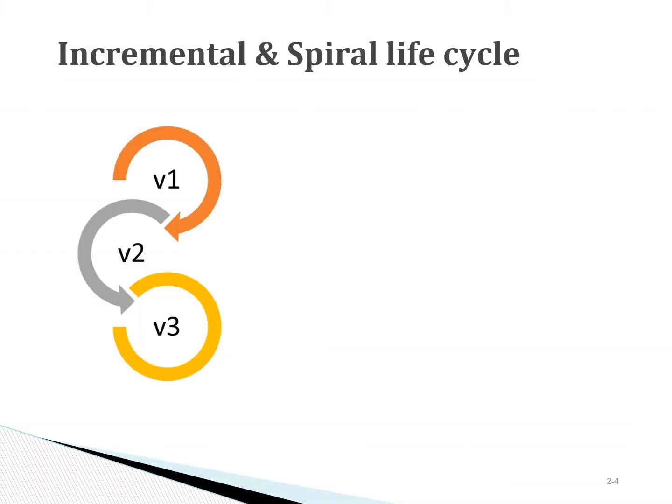Another life cycle type is incremental. This approach is suitable for when the requirements are evolving and when the users don't exactly know everything that they need, the ultimate system that they need, and you work on chunks of the system. You would be working on version 1, version 2, version 3, and in agile terminology, version 1 would be a minimum viable product, sometimes referred to as MVP.